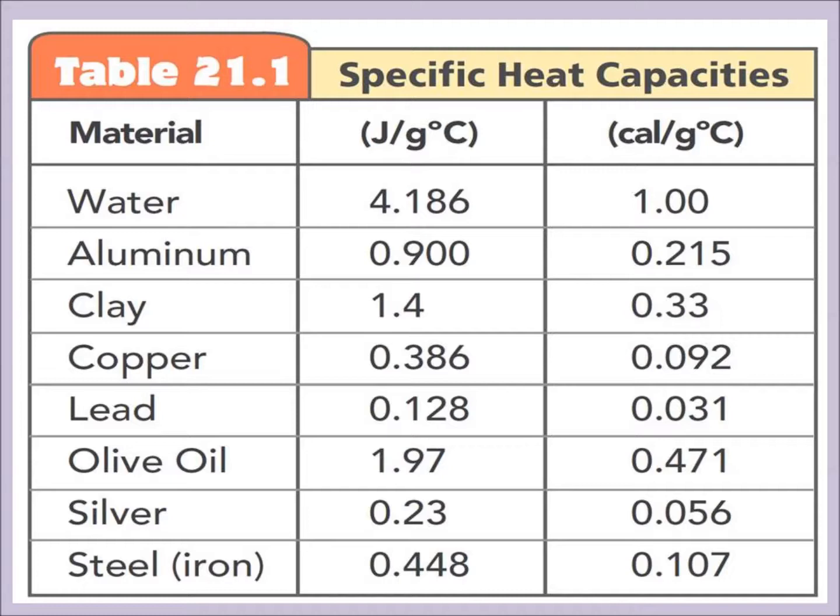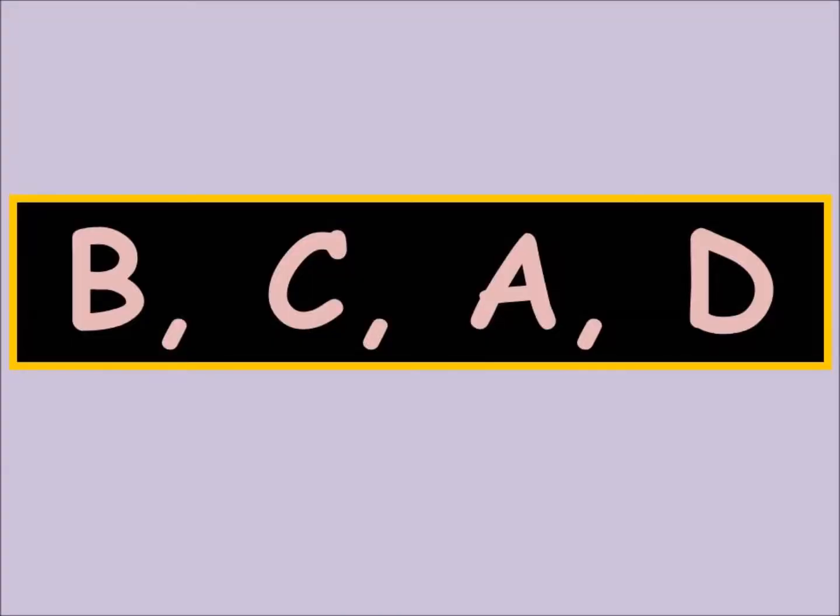And the order, if you remember, the aluminum is B, the steel is C, the copper was A, and the silver is D. And that's exactly what it is. So the order will be B, C, A, D. It will be the substance with the highest specific heat capacity, aluminum, then iron, then copper, and then silver. So silver has the lowest specific heat capacity here, and